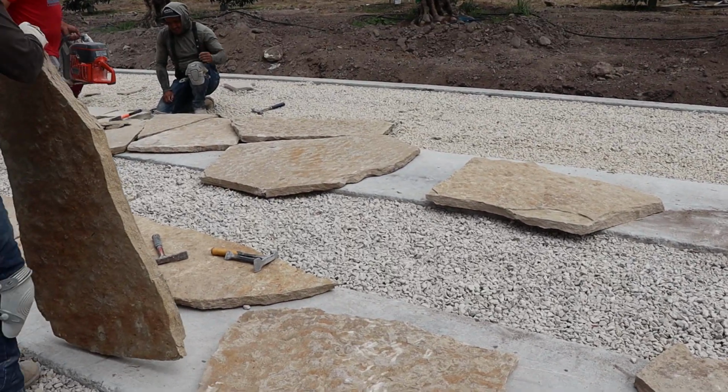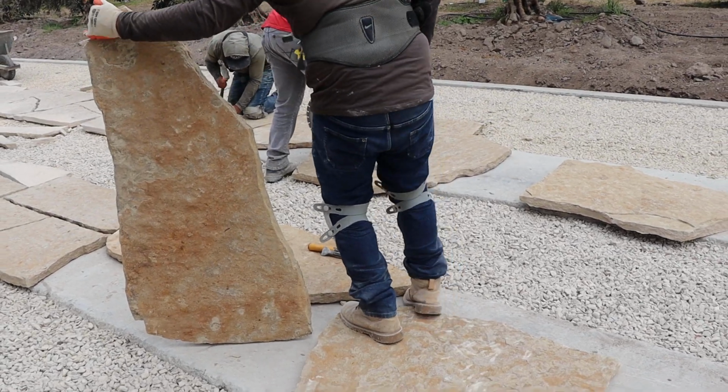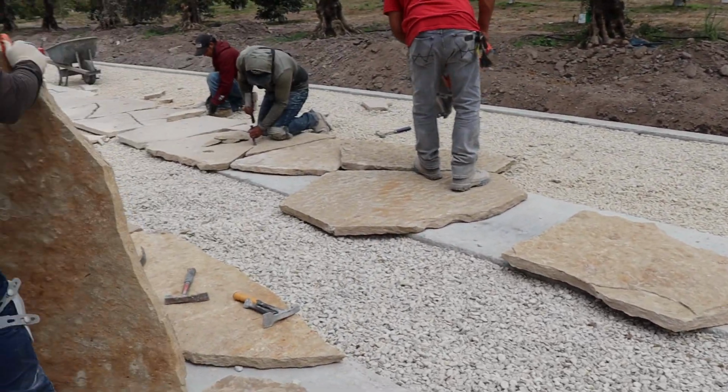This is why it's very important to work with stand-up select sheets. Get a nice large piece. You're not